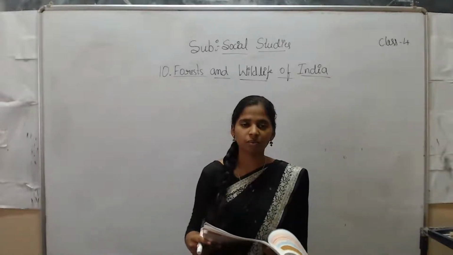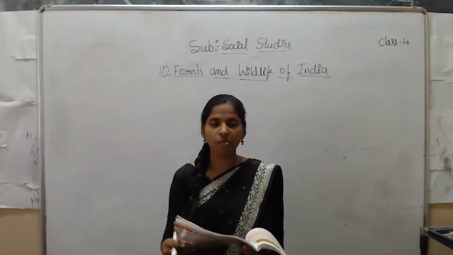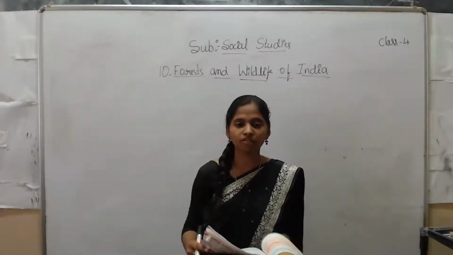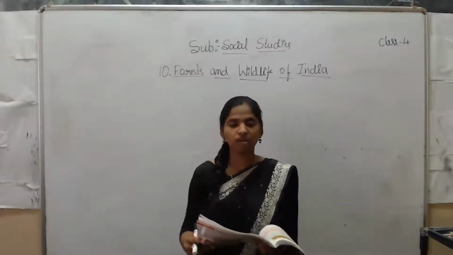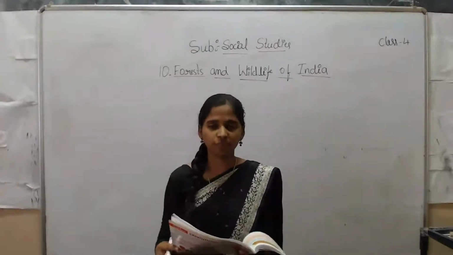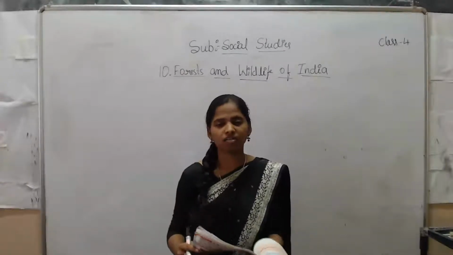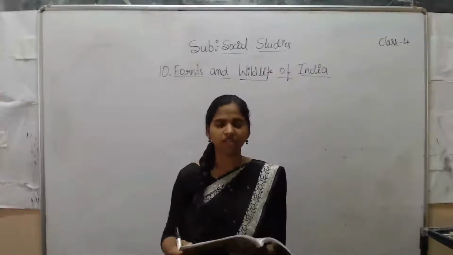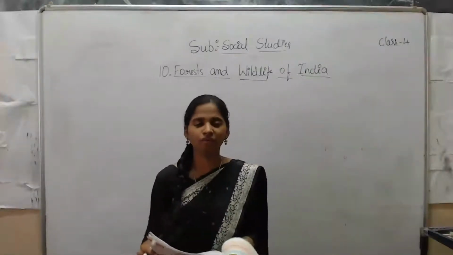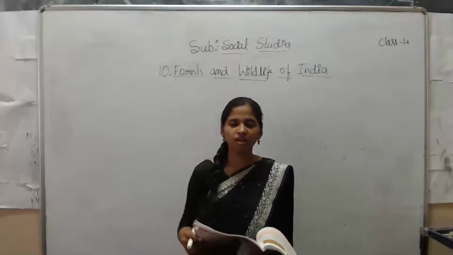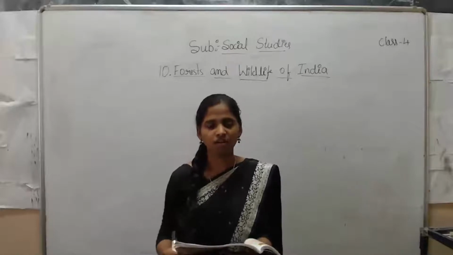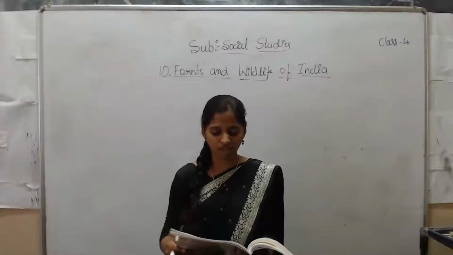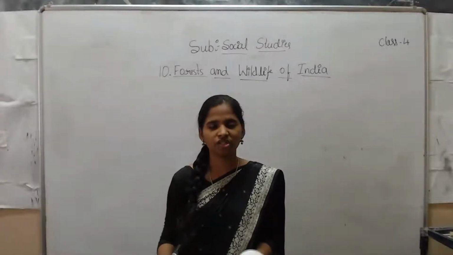Then trees give us so many products like gum, wood, medicines, fuel, furniture, paper and clothing. So many things can be made with the trees. It gives us gum, the gum which we use. We get wood from the forest, as we all know, and we get medicines. So many trees are helpful for making medicines which cure us from sickness. Then fuel, so that the wood can be burned and used as fuel, no? It also helps in making furniture, as I just mentioned.